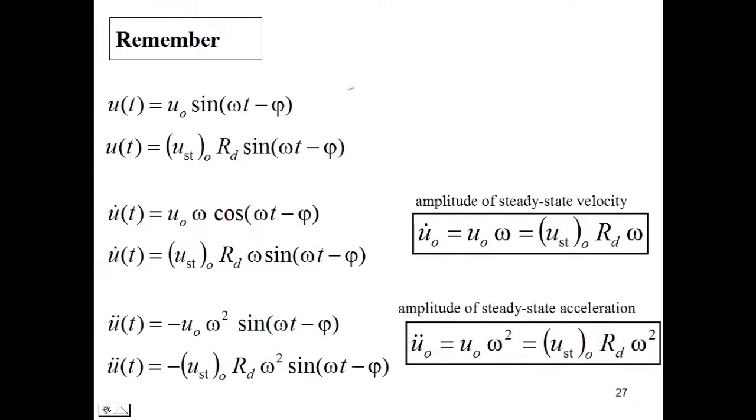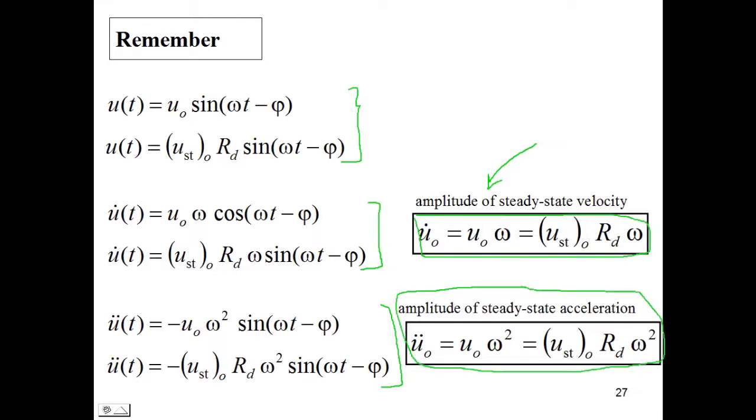Please remember that the steady-state deformation can be expressed as: now, by taking the first derivative of the steady-state deformation with respect to time t, we will get the steady-state velocity. And the amplitude of the steady-state velocity can be expressed as: taking the second derivative of the steady-state deformation with respect to time t, we will get the steady-state acceleration, and the amplitude of the steady-state acceleration can be expressed as: